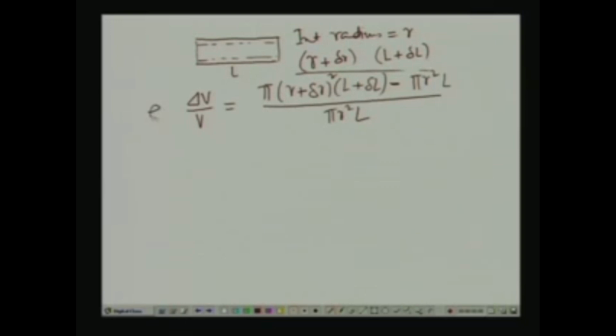So, this is E, which is delta V by V. So, this is equal to, if you take out pi from here, if we expand this R plus delta R square,